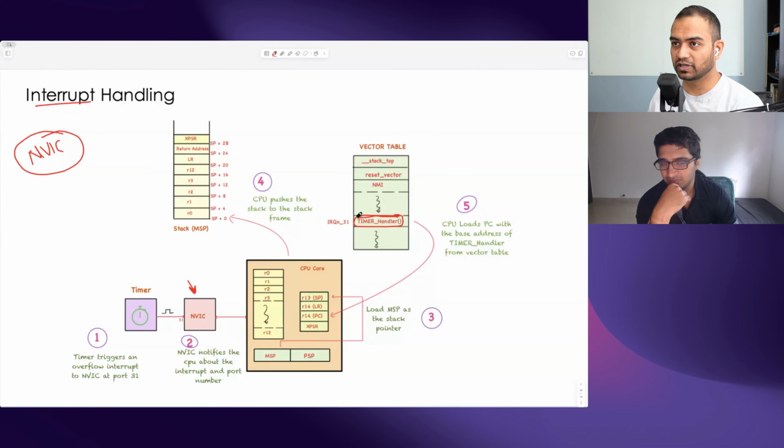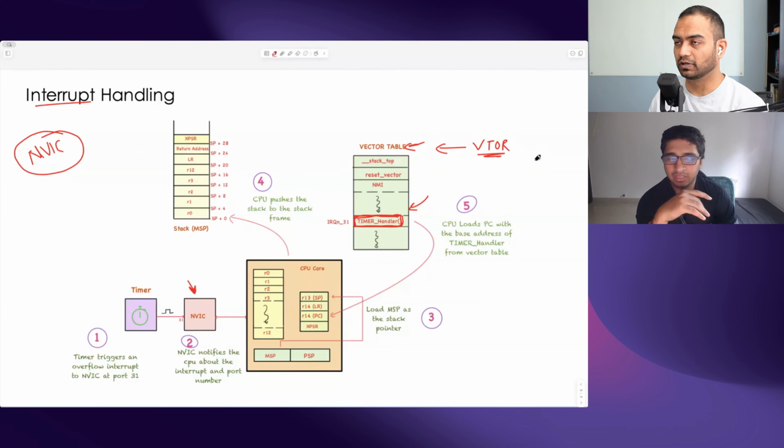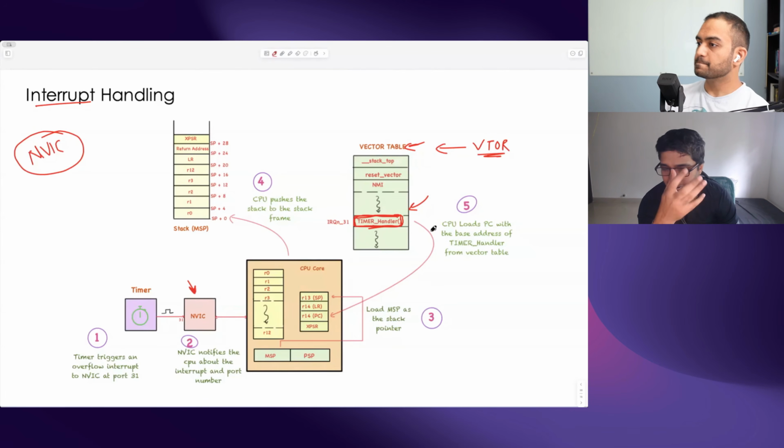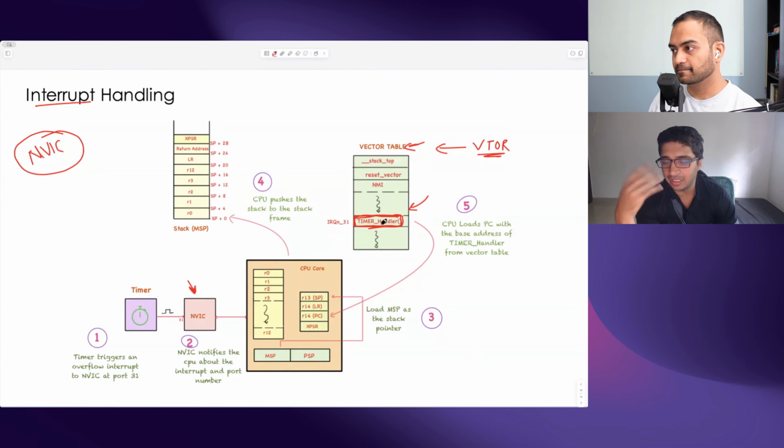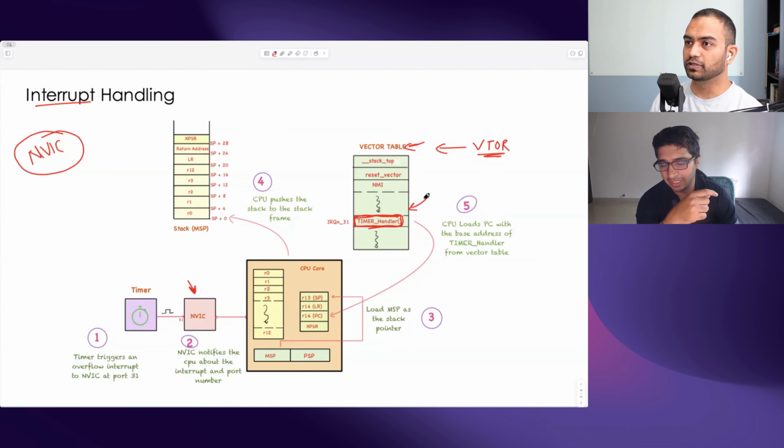And the address of that function is to be mentioned in the vector table, which is pointed to by the VTOR register. So you don't have to guess where this handler needs to be stored. The vendor will tell you which slot in the vector table corresponds to which peripheral. When you look in the data sheet, it will tell you